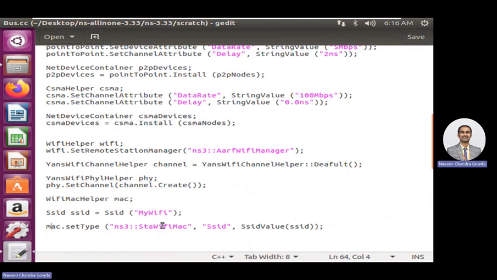Star stands for station nodes. Star Wi-Fi MAC and SSID, I'm defining here as my Wi-Fi. You can say anything. And similarly, as I have already defined here, I'm just giving that a value. That's how I'm done with creating a Wi-Fi link, configured with the MAC and also the physical layer,